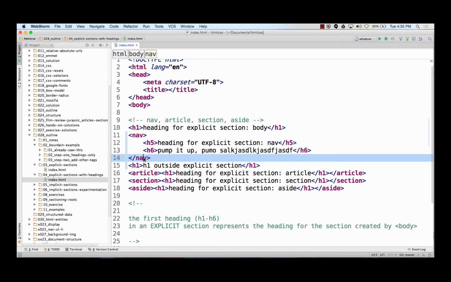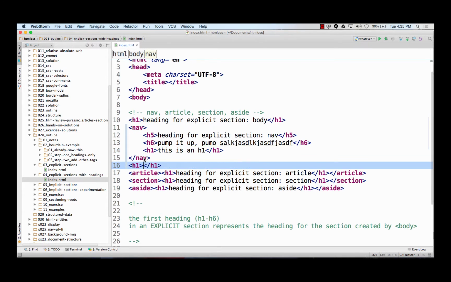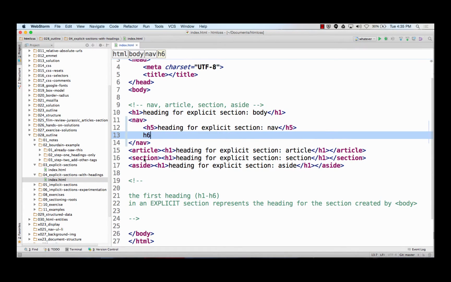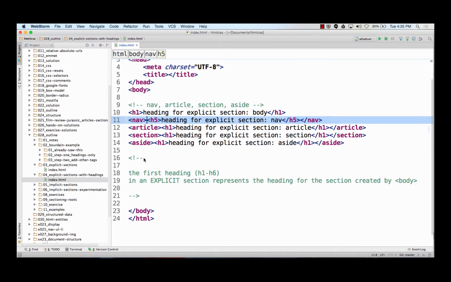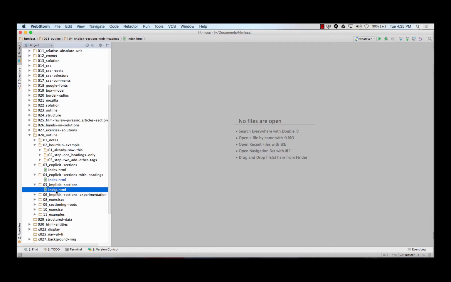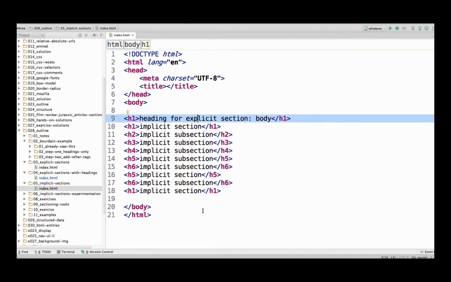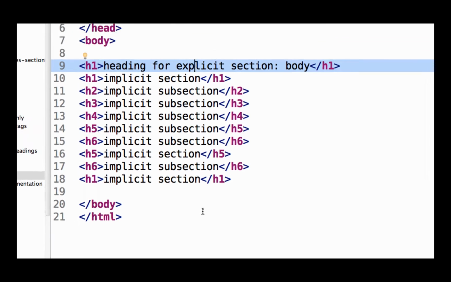Let's get rid of that. And let's just put all this back to the way it was for this example. That's it. And then, so here's some more on implicit sections. So implicit sections, just playing with them. With a pen and a piece of paper,